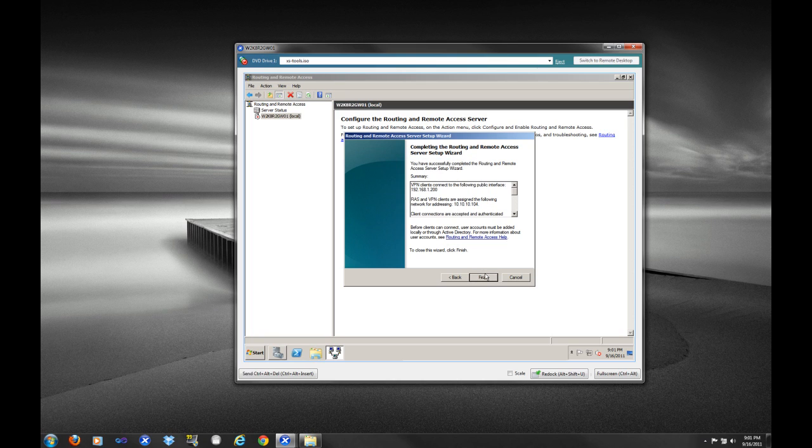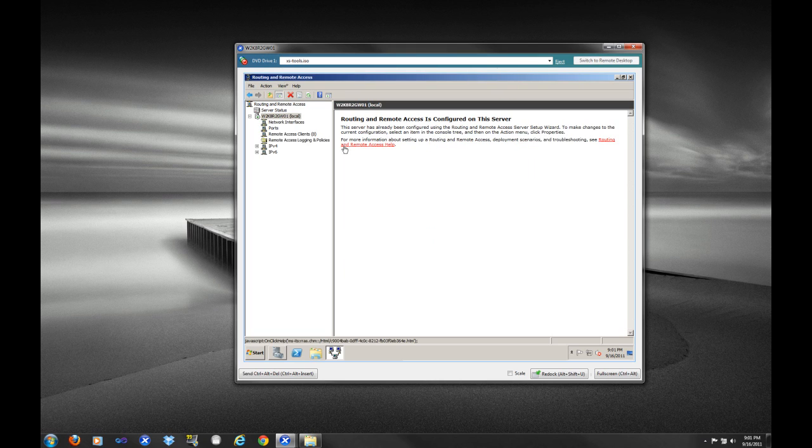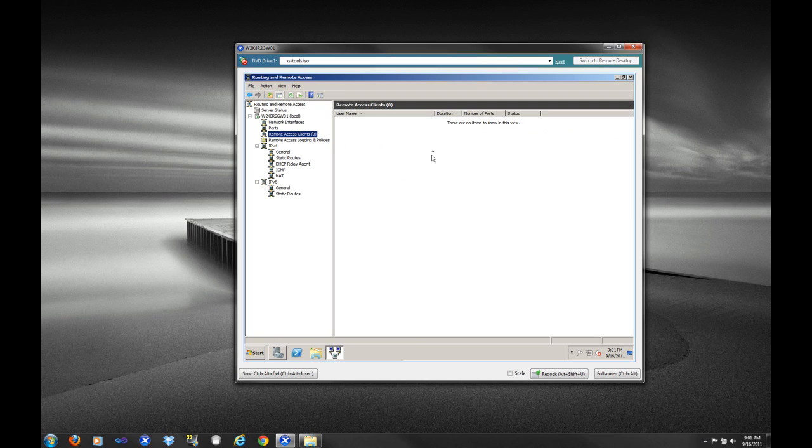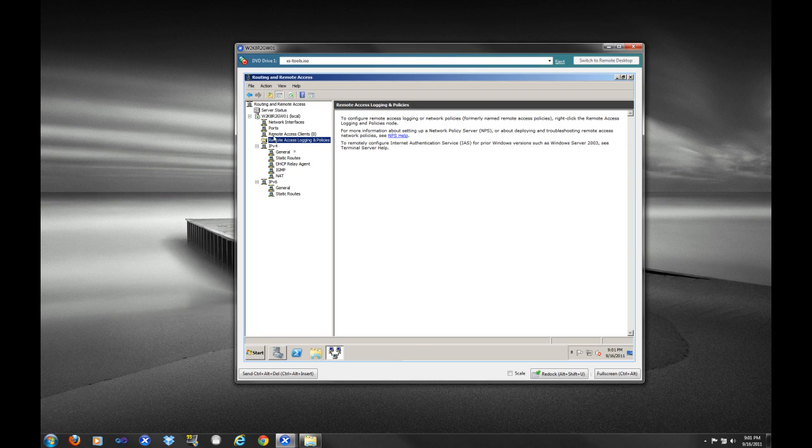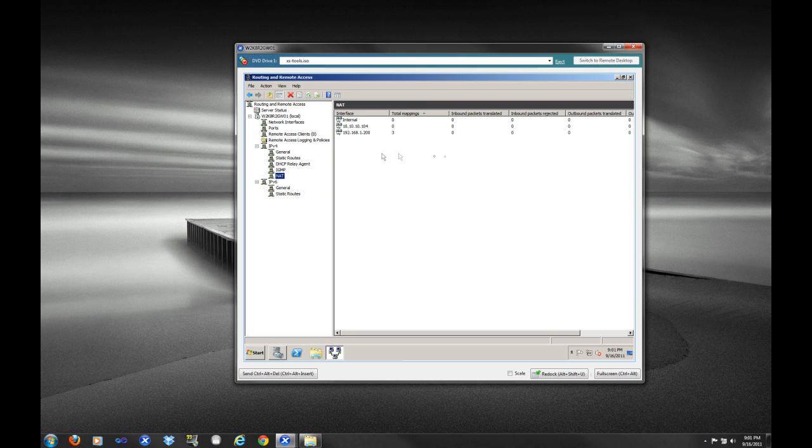Okay, give it just 1 second here. Okay, and so this is what it would look like. So now what we have is we are just doing IPv4 forwarding. So you have a couple different things here. You can see we don't have any remote access clients right now. 0 is the number there. If you wanted to define some policies, you could set that up. So NAT, you can see here, we don't have a whole lot of traffic going through just yet,